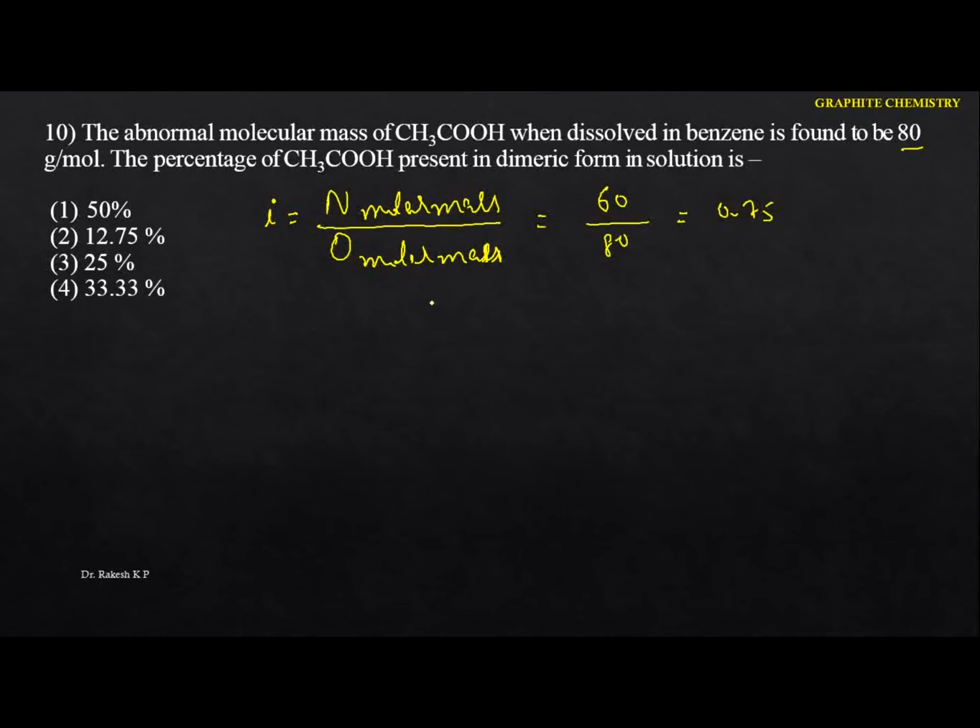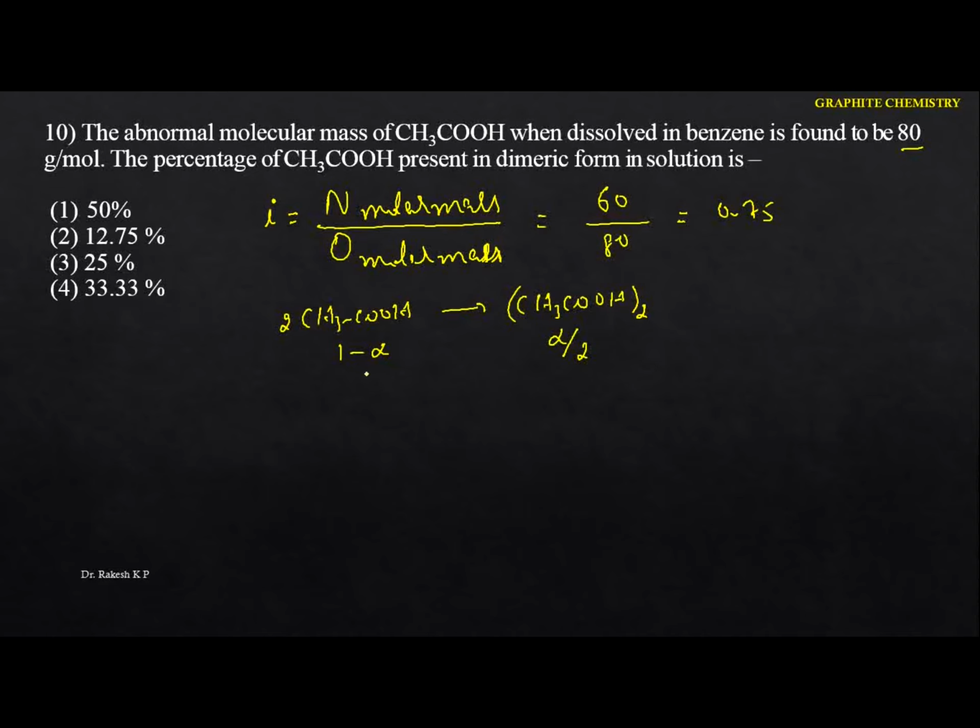Now see this one here. We have to identify exactly the percentage of acetic acid present in the dimer form. This is the association of acetic acid, where we get the dimer. So here this will be 2, and here we get the dimer. Initially, if you take 1 minus alpha, this becomes alpha by 2. Generally we write alpha by n, because it is a dimer, hence we write it like this.